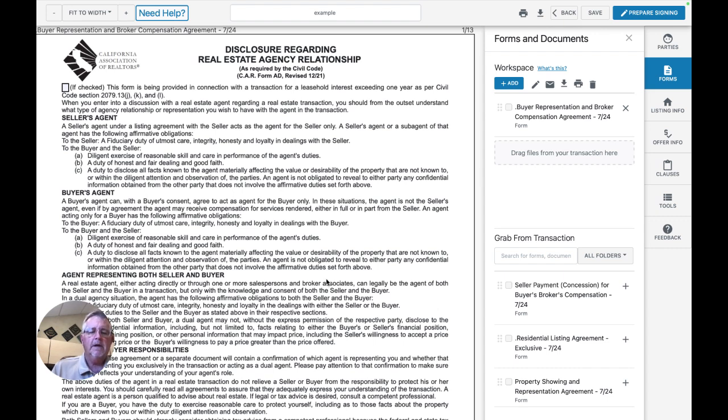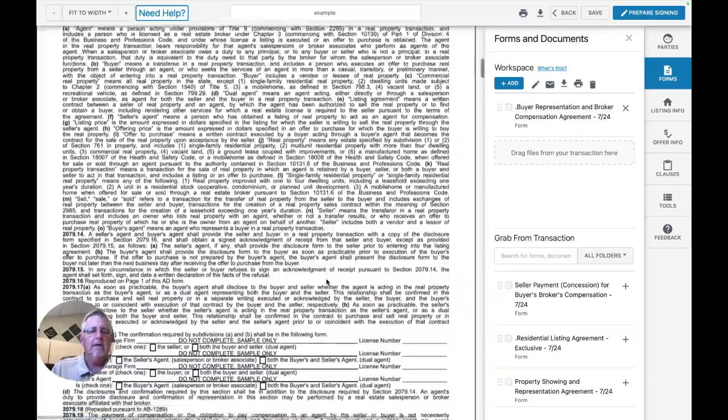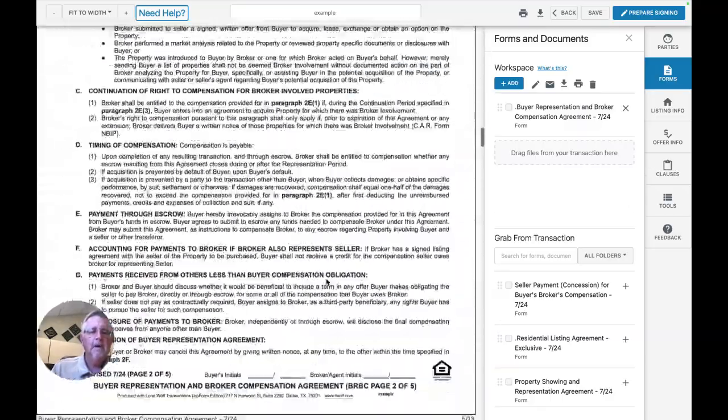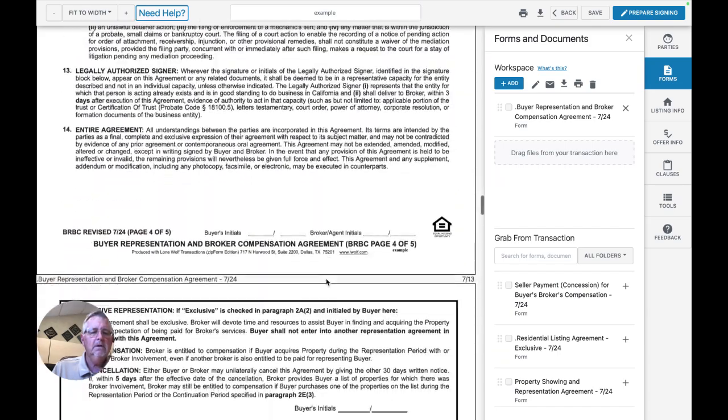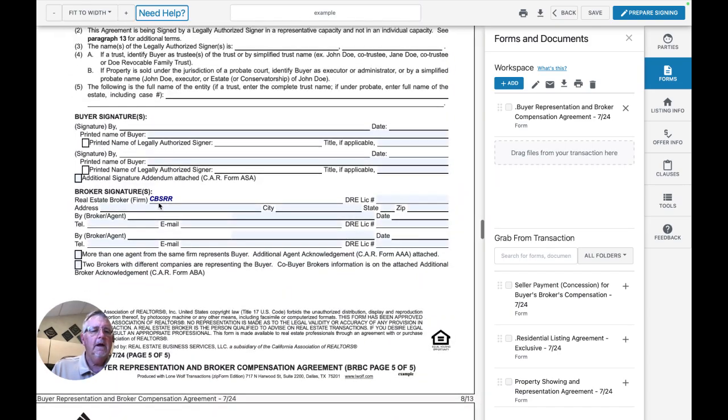There's a couple ways to handle it, and the easiest way is if you go to the buyer broker agreement and you go to the bottom of the page, you will notice that under the signature for the broker, so you have the real estate broker, CBSR Inc., address and whatnot, and you have two spots for broker agent. So this could be the first agent. So let's say it would be Steve Keefe, and I'm going to have another buyer agent work within the office. Then you could add that person to this part of the form,